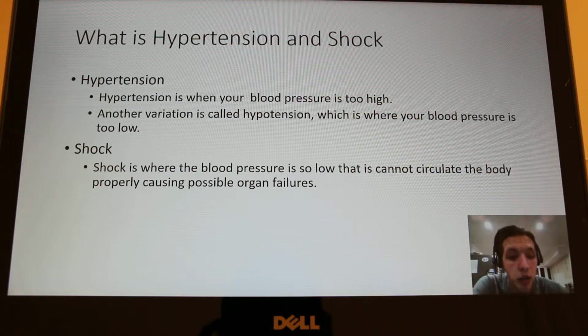Generically, hypotension causes no concern. It is often related to athletic and physical conditioning. It's just where the pressure in your blood is just a little lower than some average people. There is no concern related to it though. Now, there is a concern too,